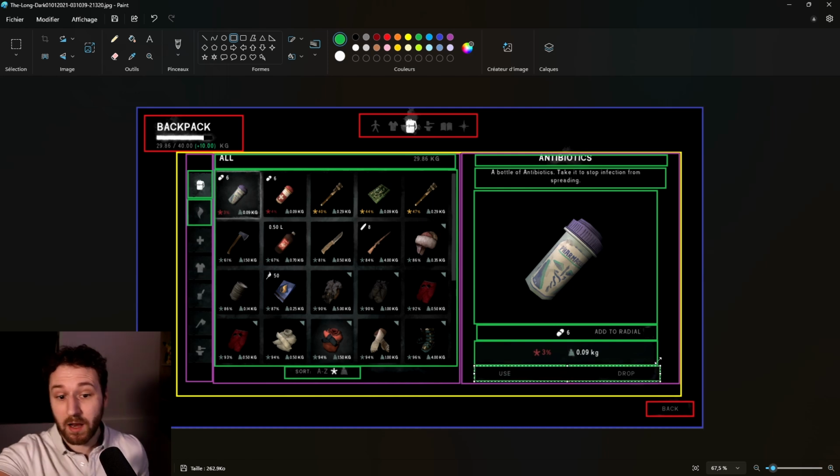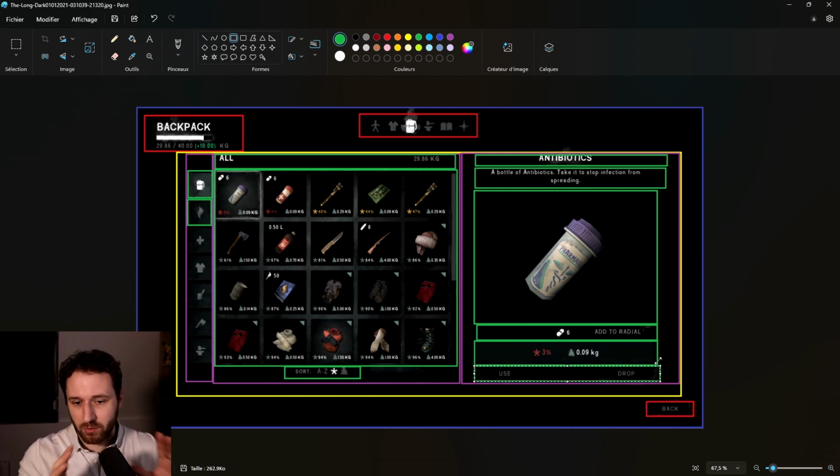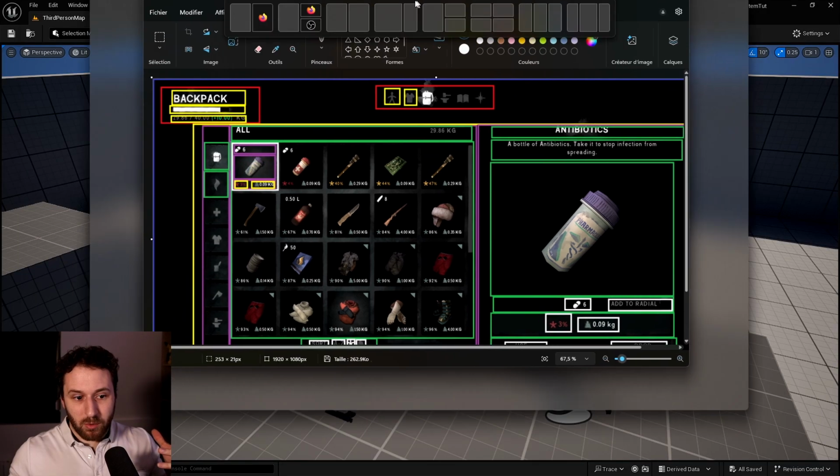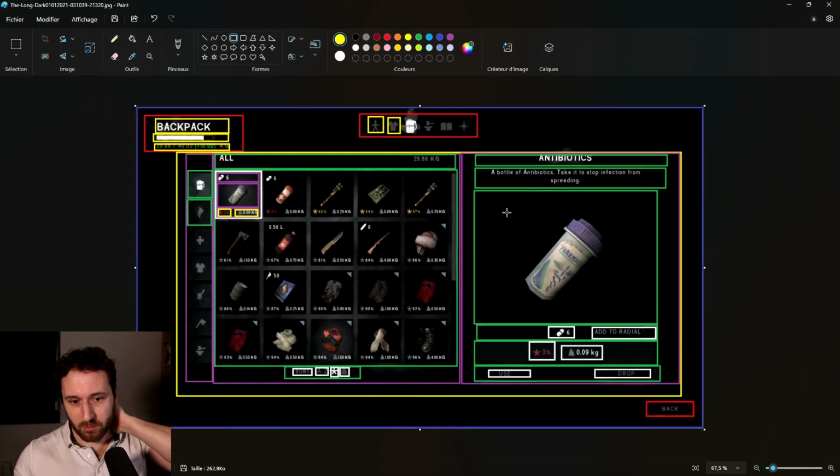We will not recreate everything today. It will be way too long, a very huge video. We will just recreate the main menu with the inventory. So we have subdivided everything, and we will start recreating this. We will make the player menu. We'll add the button in here with the inventory in the middle. We will add a little widget there that's going to say backpack. We will not put everything right now because we don't have any weight in our data structure.